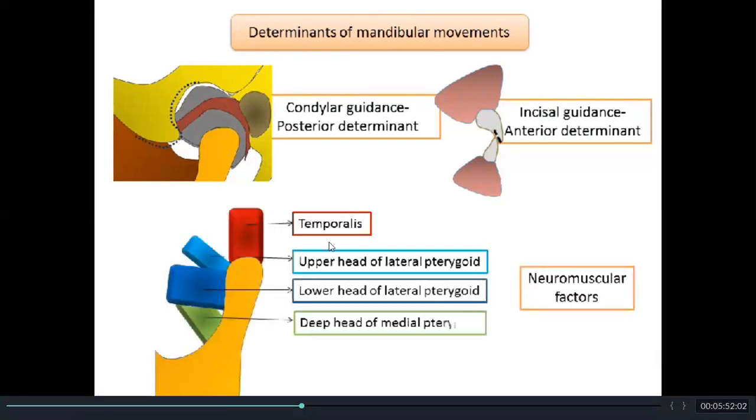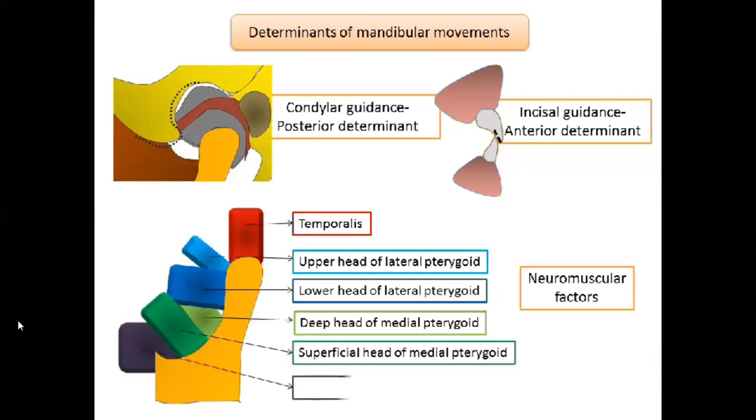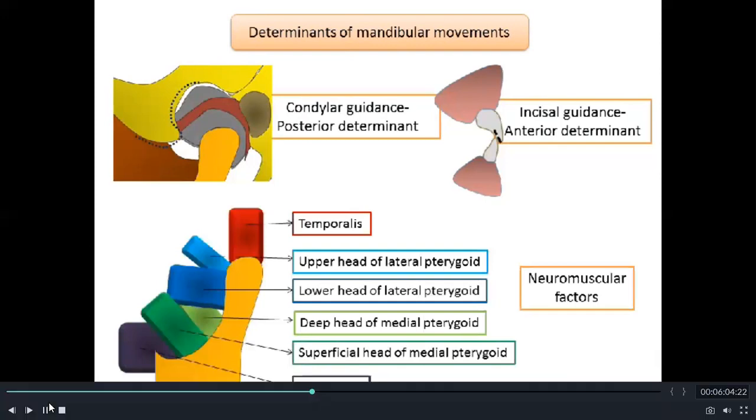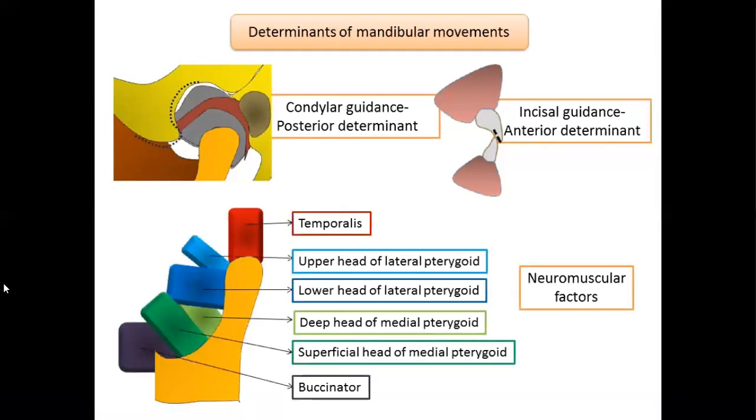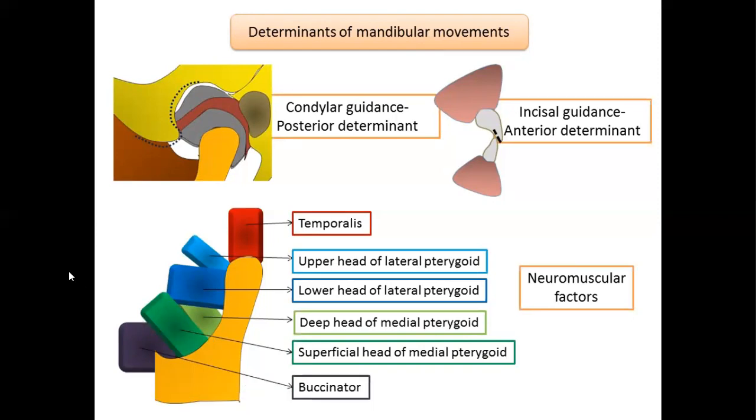And coming to the muscles of mastication, these are very essential for the movements of the mandible. If any of the muscles is not cooperating with one another, there will be difficulty in mandibular movements. Why? See these two muscles: the lateral pterygoid, which has an upper head and a lower head, and its function is actually to open the mandible. Whereas the temporalis and the masseter and muscles like that basically retract